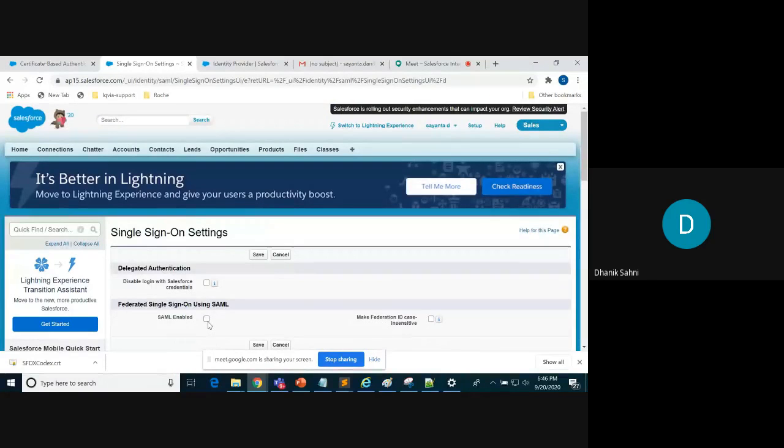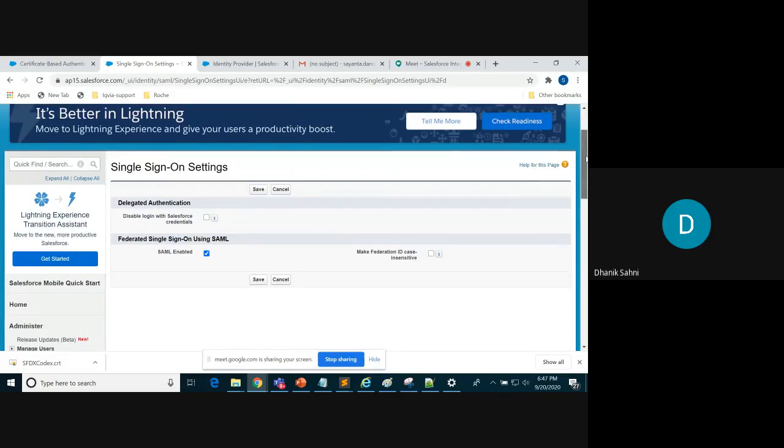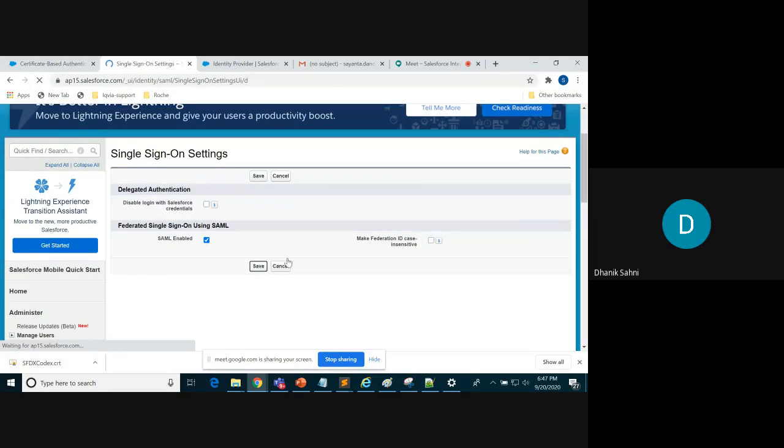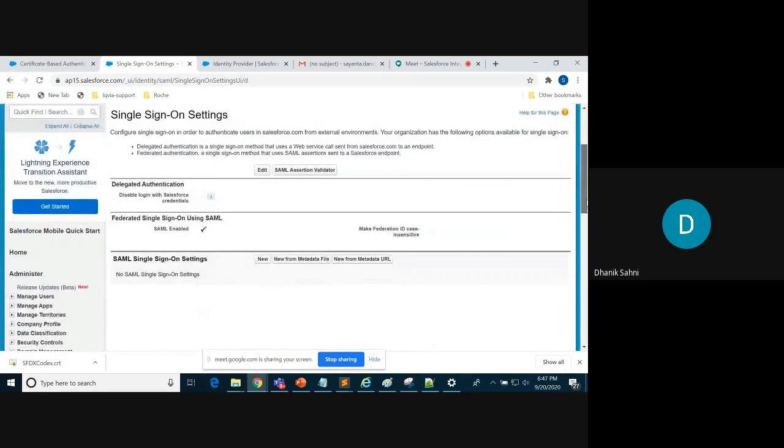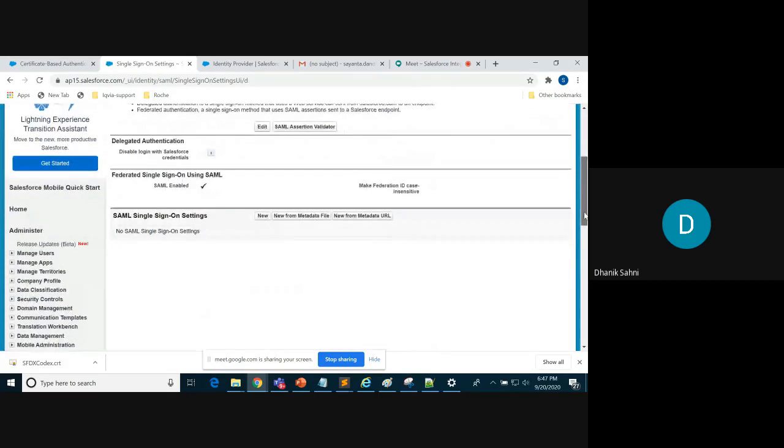As I told you, SAML is nothing but a simple assertion markup language. This markup language supports the SSO feature along with the certificate. This markup language is required to do that, so I need to enable this particular SAML. Once you enable SAML, you can generate this new from